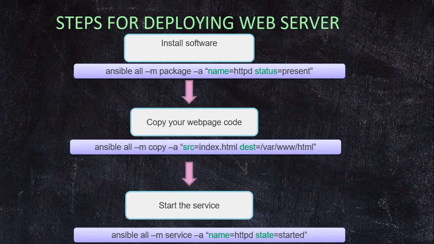So these are the different keywords, and that's how we build up all the different commands with respect to implementing a task. The first task that we're doing is installing software. The second task is to copy the code. The third task is to start the service. So now that we have got a basic idea of how we can build up our own commands, these are referred to as ad hoc commands, which you are running using Ansible across your different servers. So let's now jump into the demo.